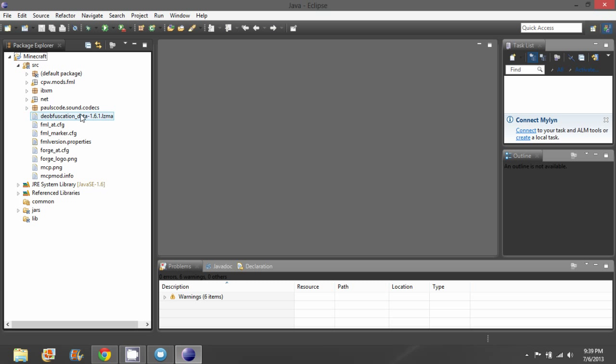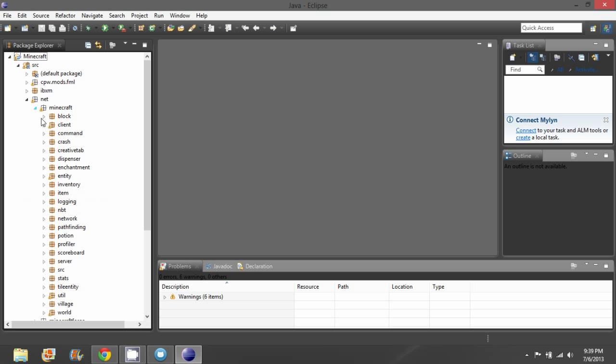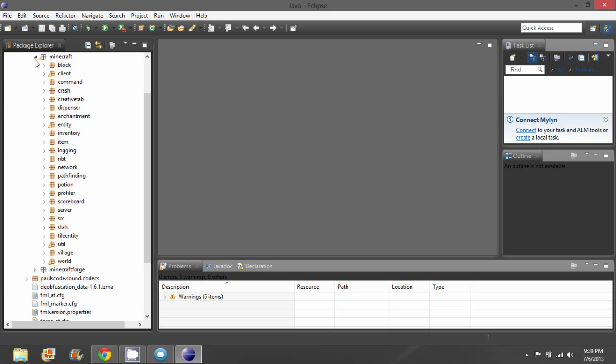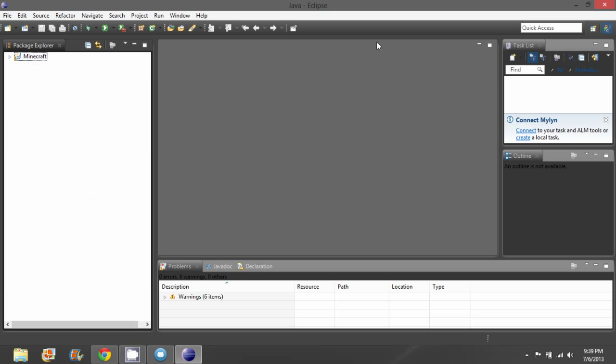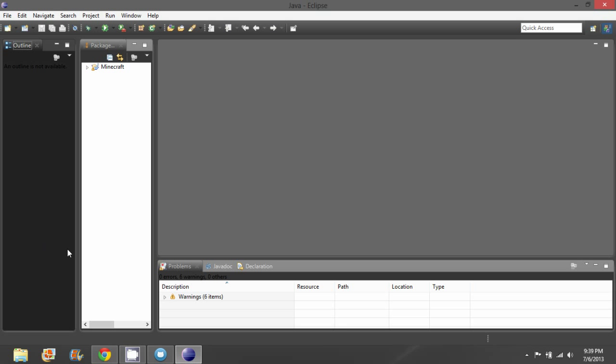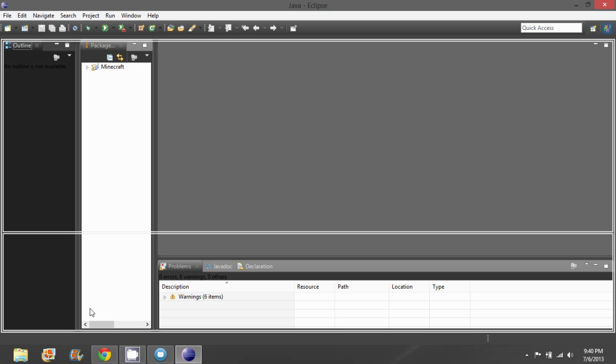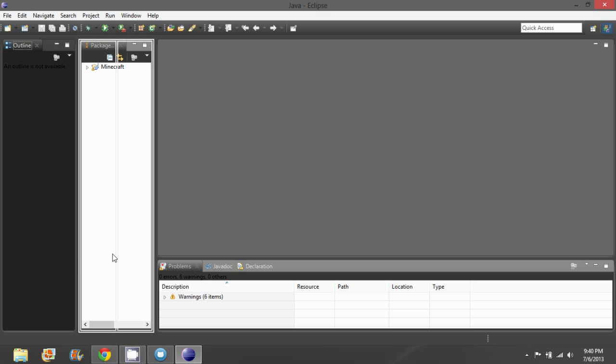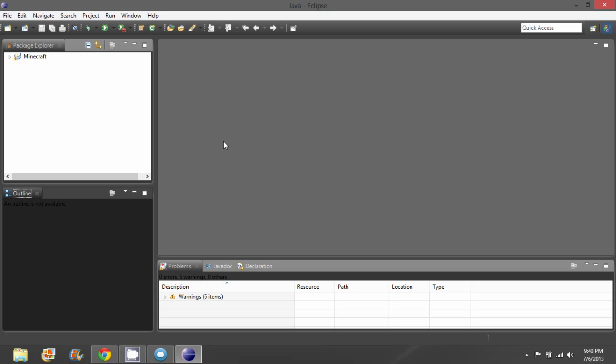That way it makes it this small. And now if you hit net, then it'll go to Minecraft, and then client, and so on. Also, I generally don't like the task list to be open and outline to be over here, under here. There we go. That was hard to see.